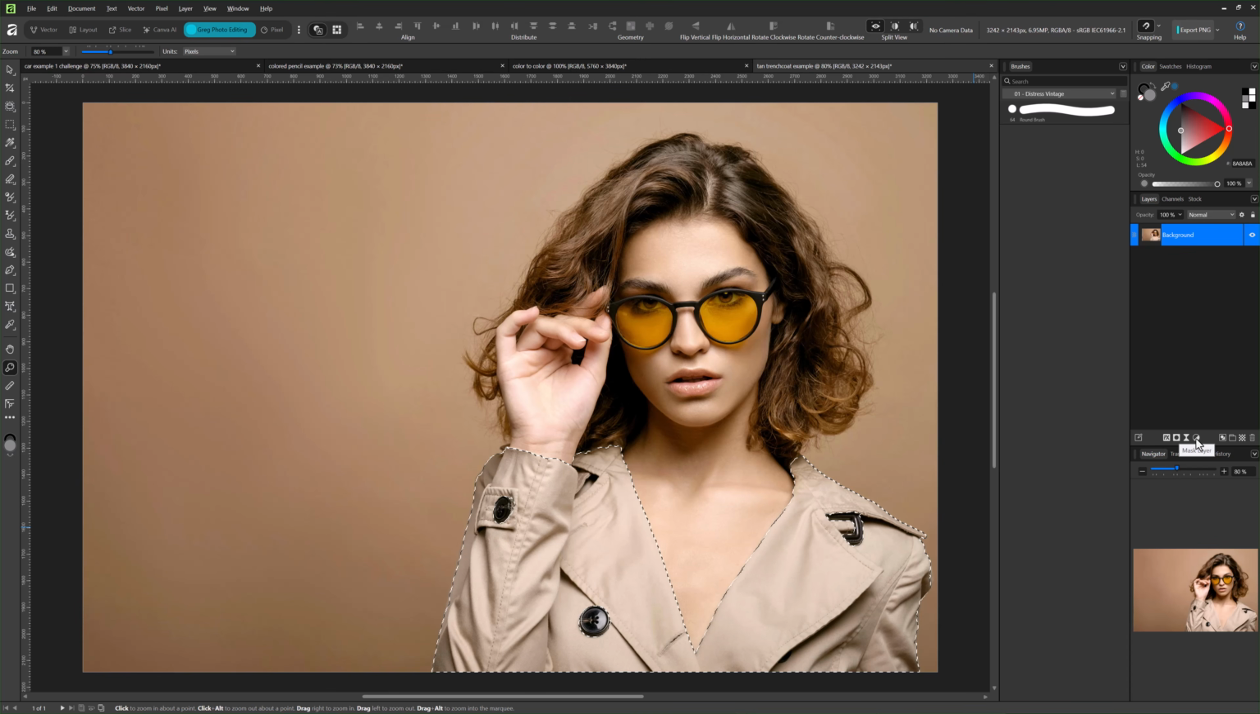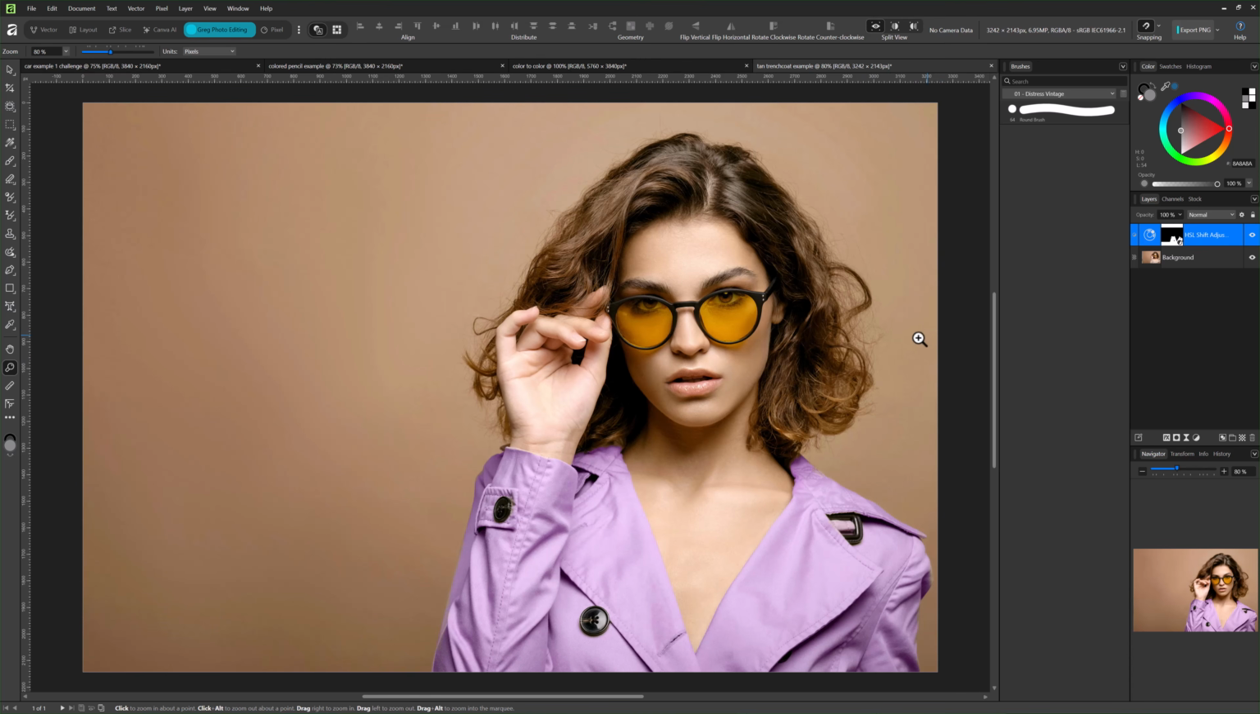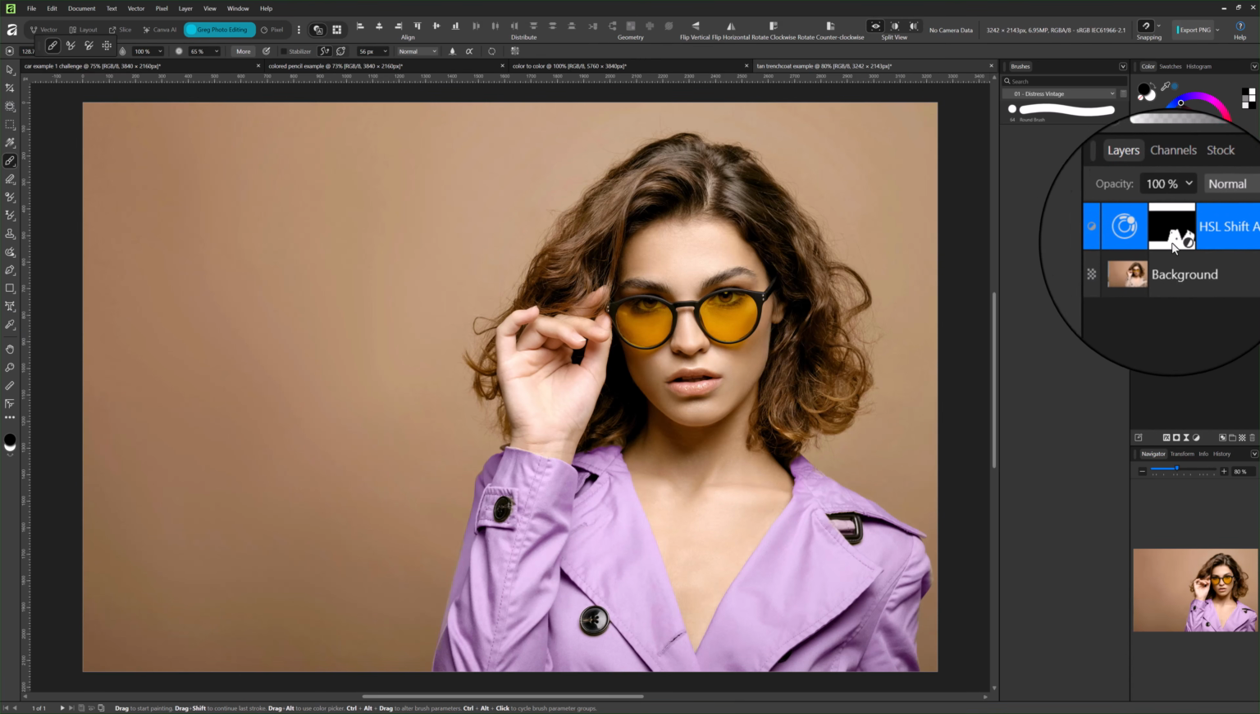So I'll come in here under adjustments, and we're going to again grab that hue, saturation, luminance adjustment layer, and we'll come in here and we have the selection active. So now I'm going to come in here and apply some sort of hue shift, and we're just going to be affecting those areas. So I'll go ahead and hit X now. I can hit Control D to deselect, and we can see we do have a mask here,